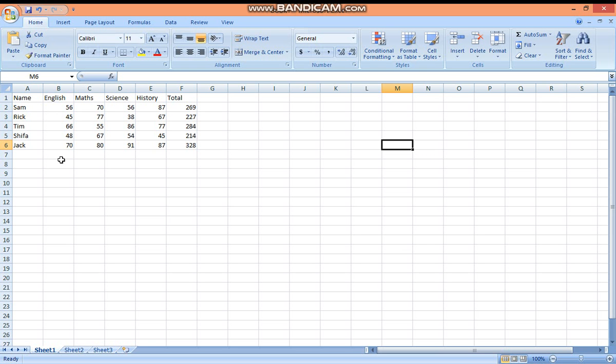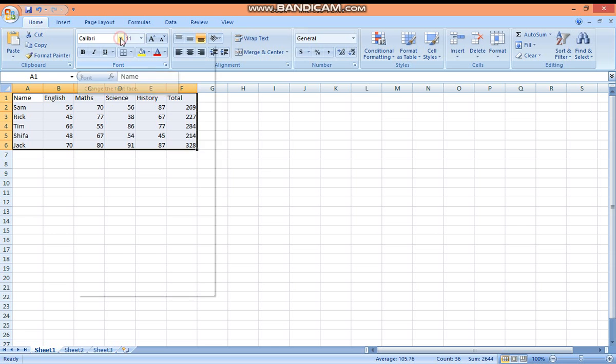To do your formatting work, you have to select your table first. Take your mouse pointer at the name first, then keep your mouse pointer at the center, press your mouse and bring down. Select your table. Now change the writing.